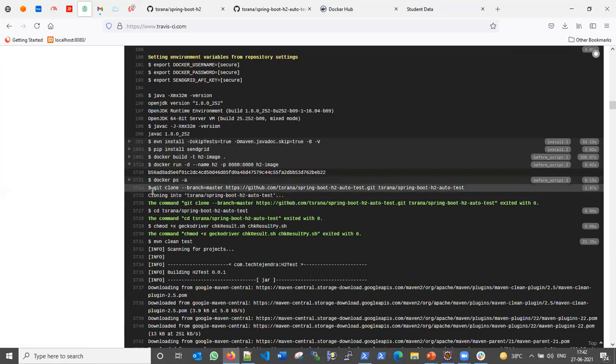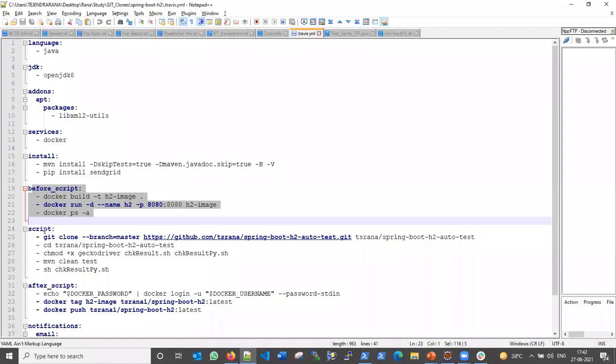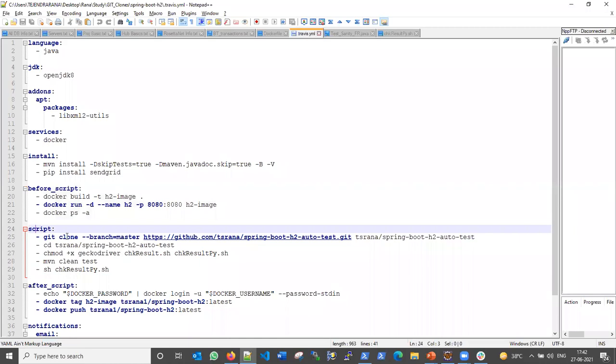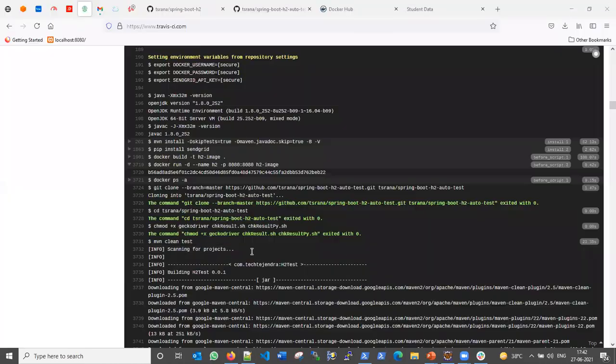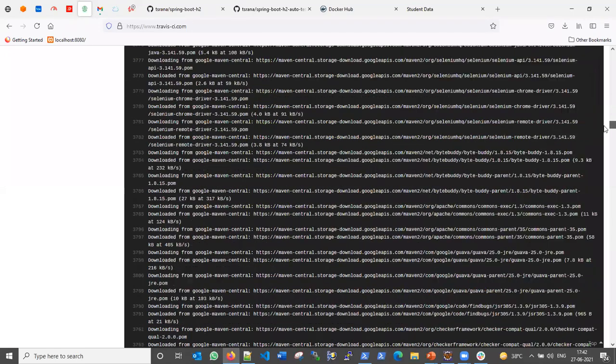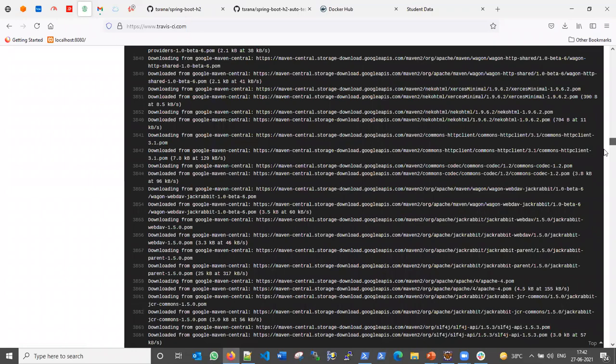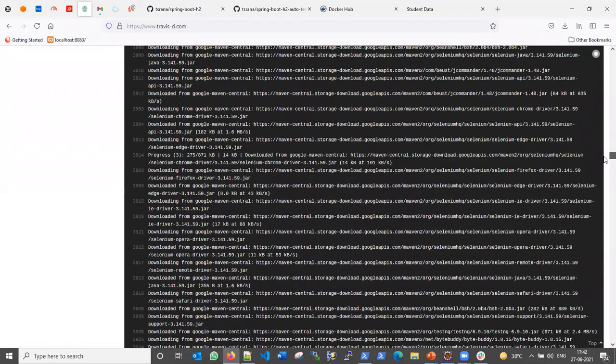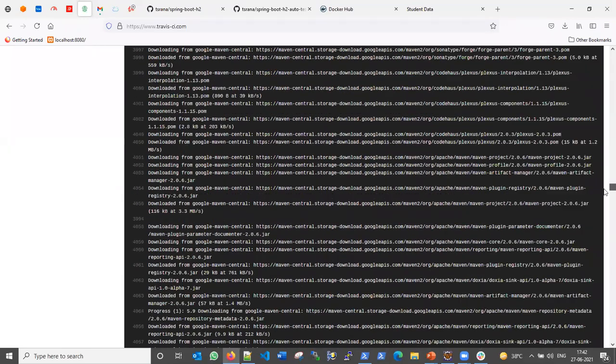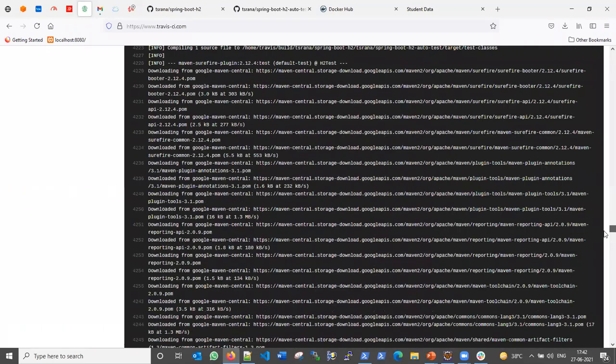This is our script version. It is getting the code from the testing machine, from this line you can see. And then Maven clean test. Here it has started executing the tests from our application. The application is running inside this virtual machine, so in this virtual machine it is testing our application.